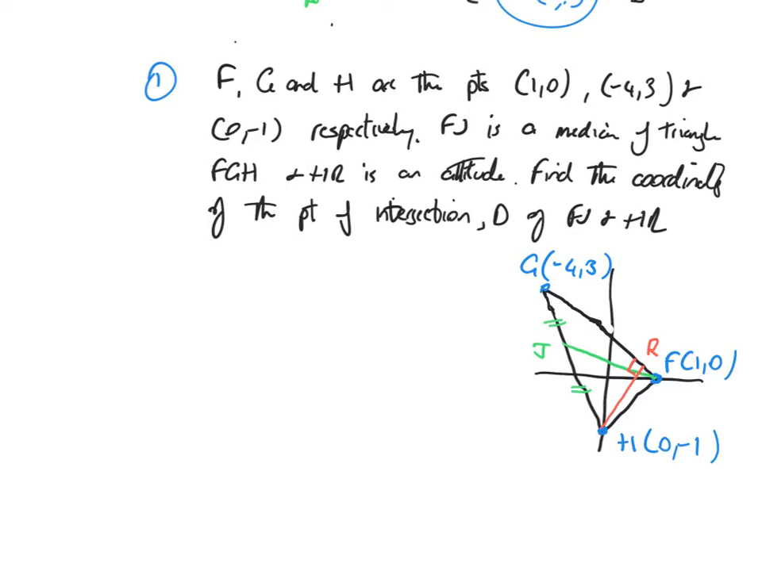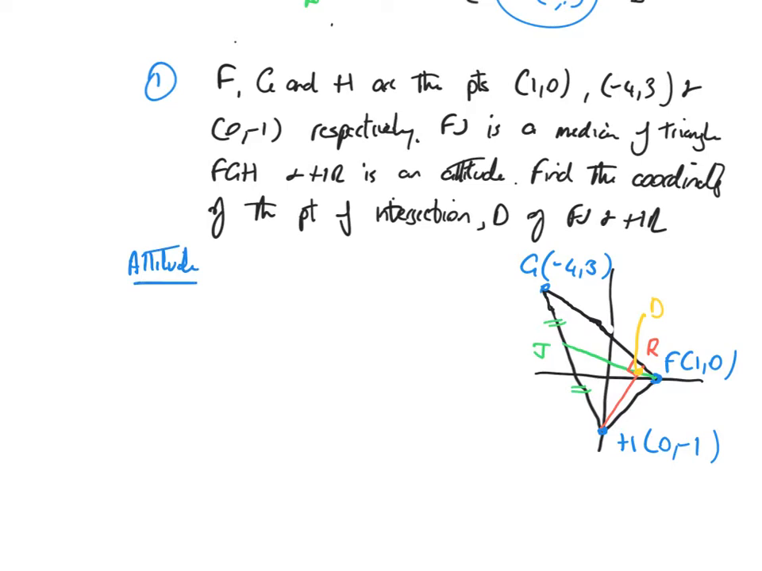So that's just there. Okay, so it's the point of intersection of the two straight lines FJ and HR. Well, the first thing that I'll need to do is to find the equation of both lines. So I'm first of all going to concentrate on the altitude. That's the one marked in red. So I'm just going to head that up with